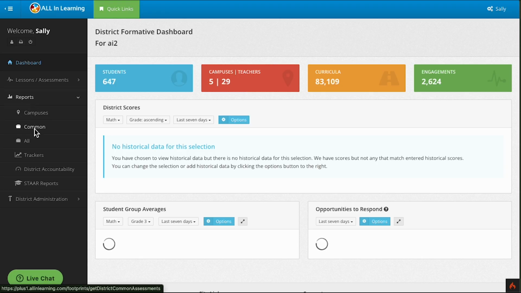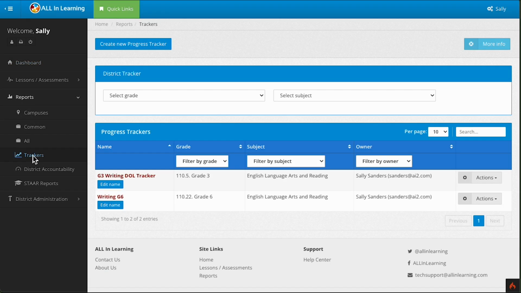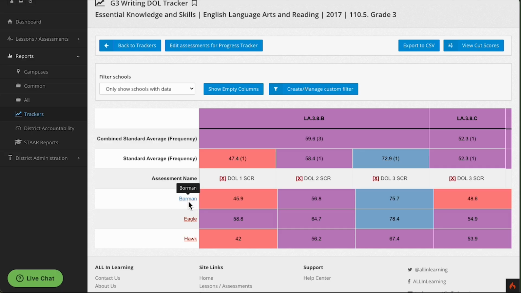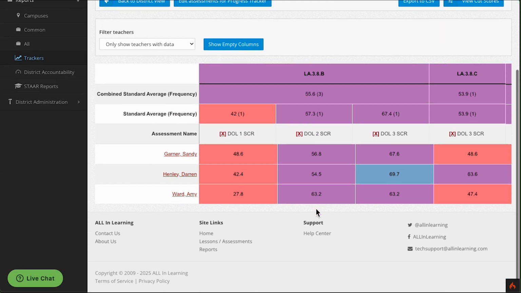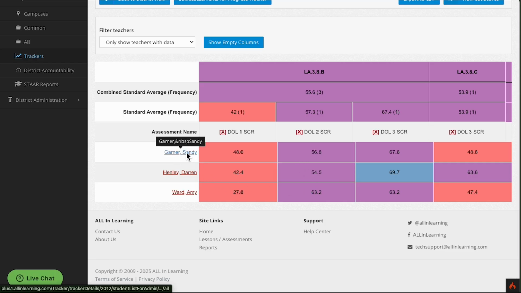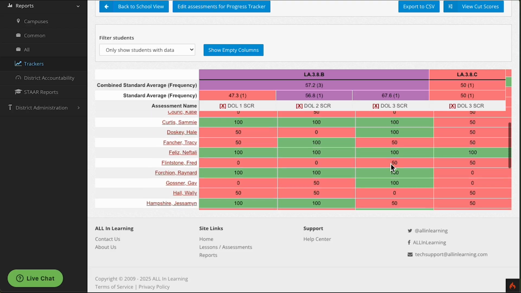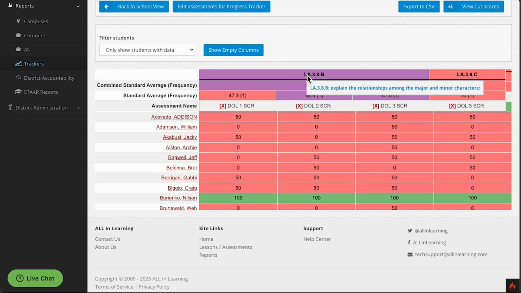And as a district administrator, we can also see trackers. Which will let us see progress at each campus, by teacher, and then drilling down into those teachers' students. Again, this is showing for every time this standard was assessed. We've got 3 different assessments here. How did students do on all of the questions? In each of these were a single SCR assessment,